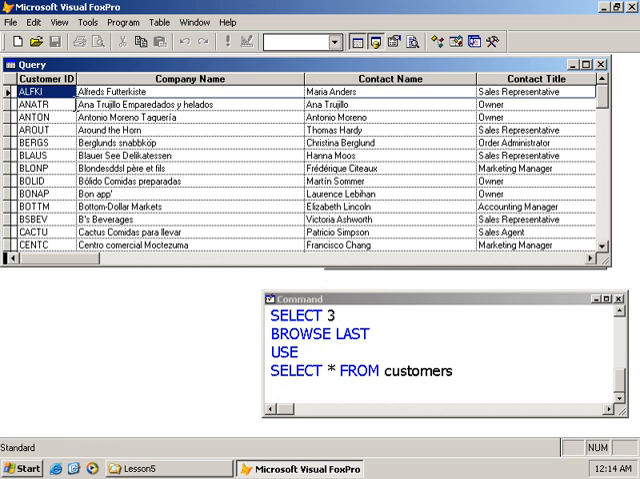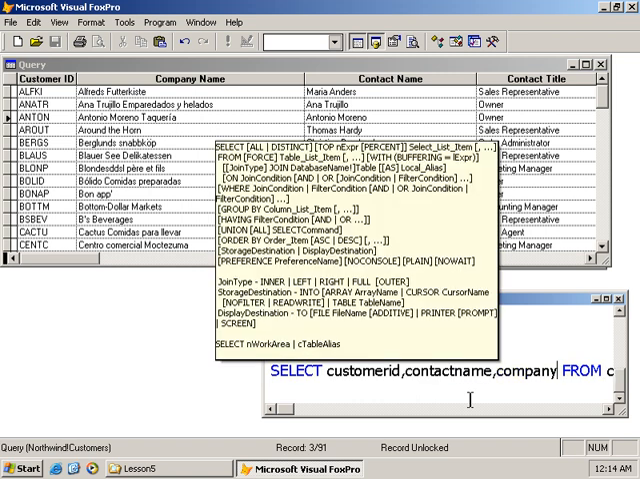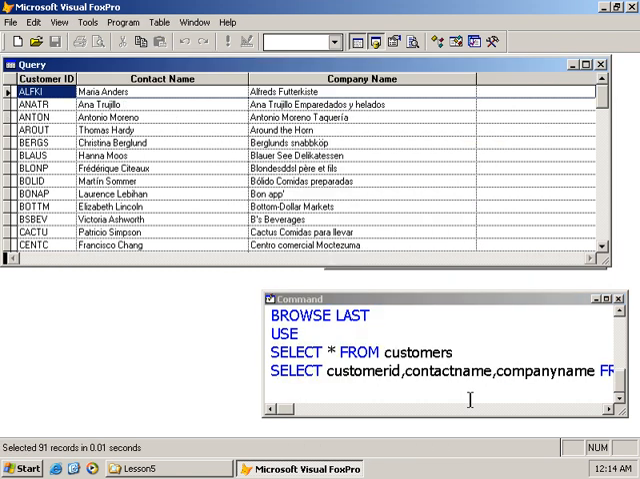Now, if I wanted to see the customer ID and the customer name and the contact name only, instead of using the star, I would specify the names. Now again, remember that this is the caption, and we looked at the full name when we modify the structure, so I have to specify that, customer ID, company name, and in fact the order doesn't matter. I can specify contact name first and then company name, from customers, press enter key,